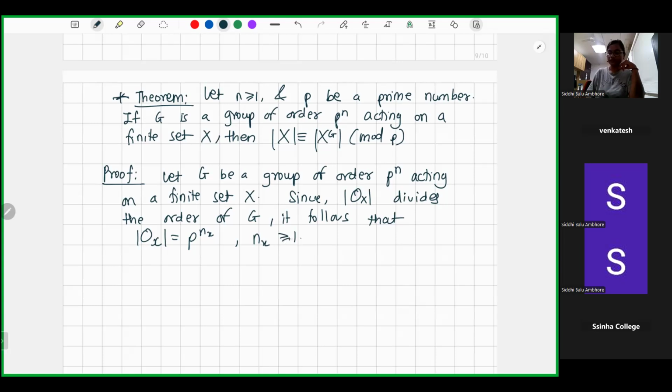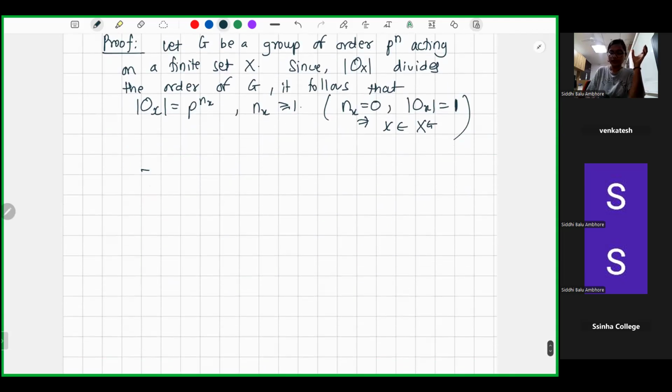Because if this n_x is 0, then the orbit of x will contain only one element, and then x will belong to my set X power G. So we are not talking about these elements. We are collecting all those elements whose orbit is non-trivial. Okay, so then using the class equation,